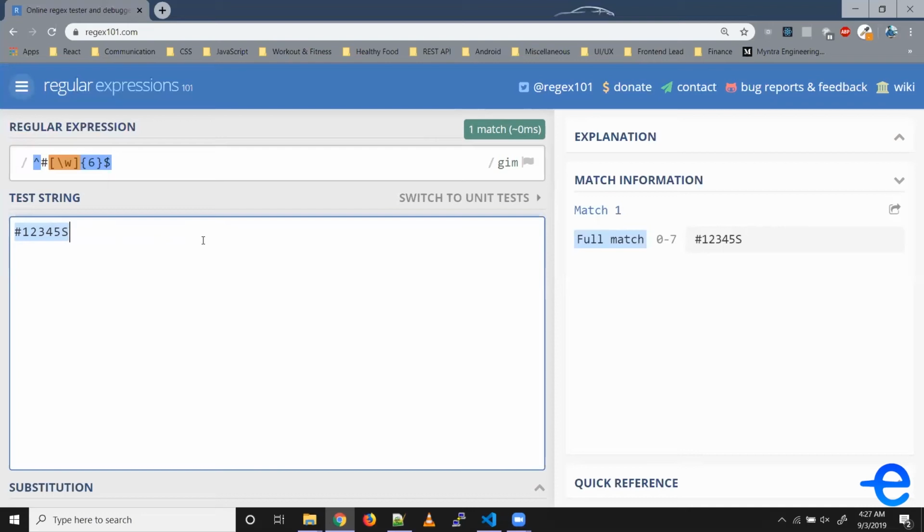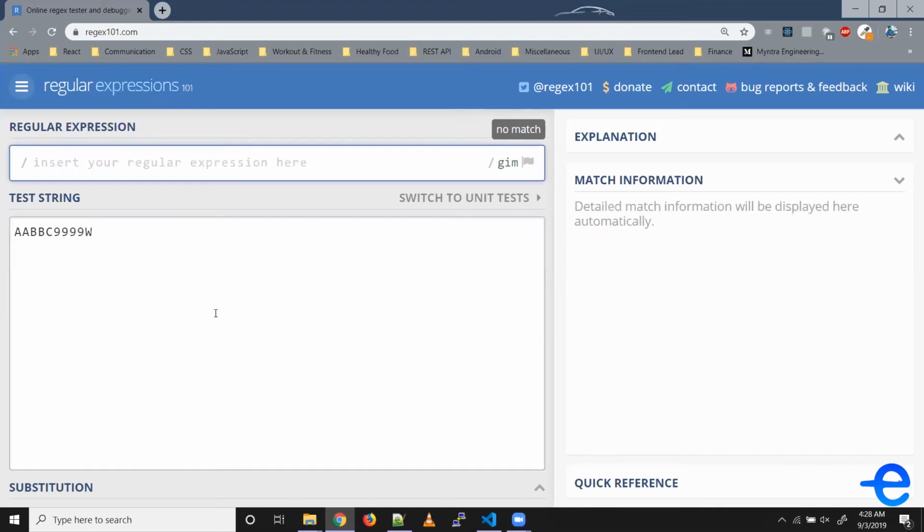Let's try another example. Say we wanted to check whether a given string contains a valid PAN number. The syntax for a valid PAN number is 5 characters followed by 4 digits followed by 1 character. So let's say AABC, so 5 characters followed by 4 numbers, say 4 times 9, followed by another alphabet or character, which